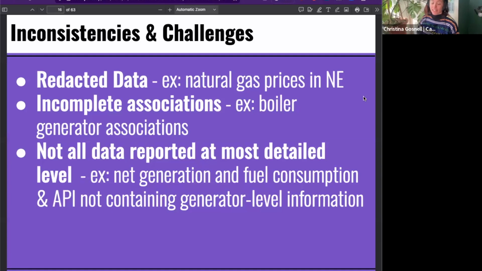And there's also the EIA does an excellent job of creating IDs and codes for all of their plants and generators and such. And they do publish some associations of the units that make up a generating unit, but they're not always complete associations, and they don't have full coverage of all of the plants, which can be annoying upfront to use. And also, not all of the data